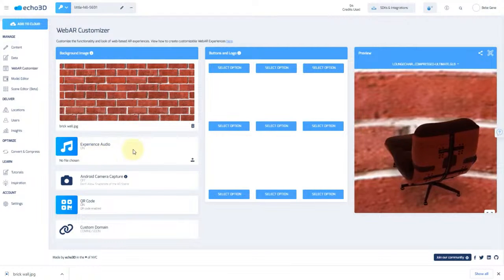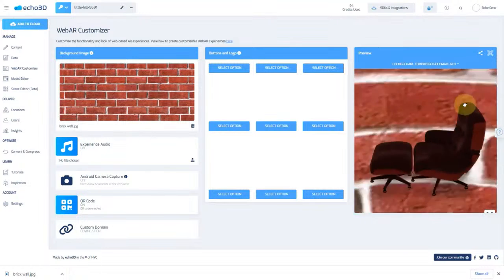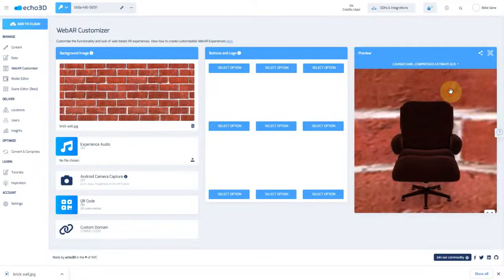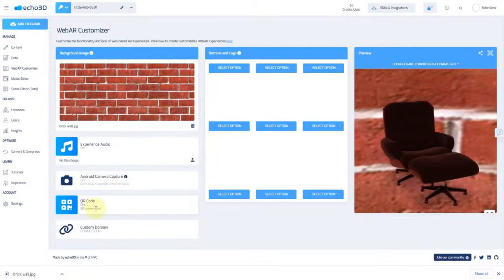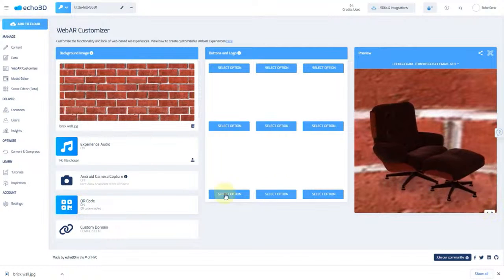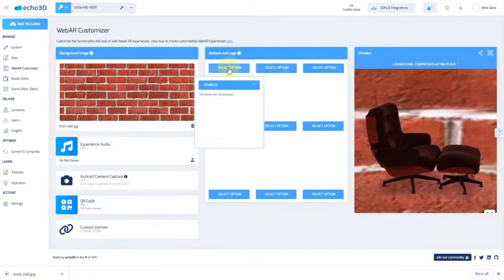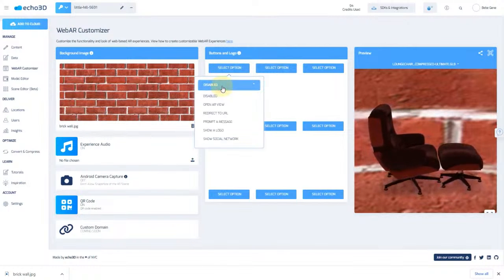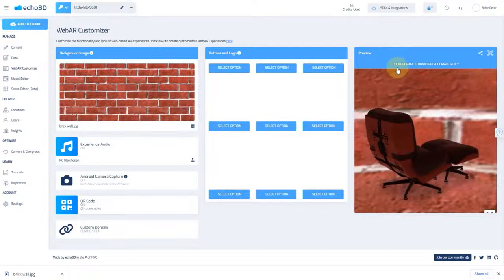So let's imagine that this is your mobile device. This is the preview. If you tap on the screen, it'll start the experience. It'll start the audio. And then here you're able to do screenshots. You can enable the QR code feature down here. So right now we have it on. And you can also add different types of buttons or logos. We have a few different options. For example, you can add the Open AR View button, which actually shows by default up here, but you're able to set another one anywhere else.